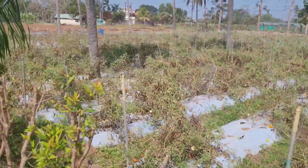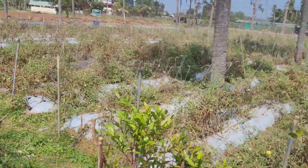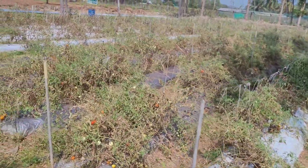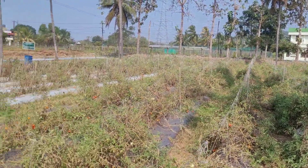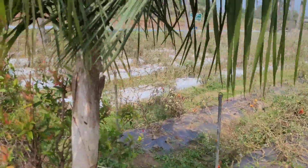This is not a commercial farm, so obviously the fruits and vegetables are not of high quality. Some of them are, but these tomatoes are small, and they are basically for the students to study the various aspects of cultivation. Especially in this area, it is open precision farming. The techniques are being taught,